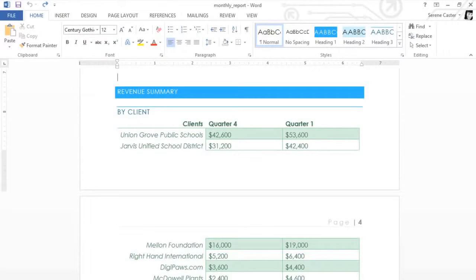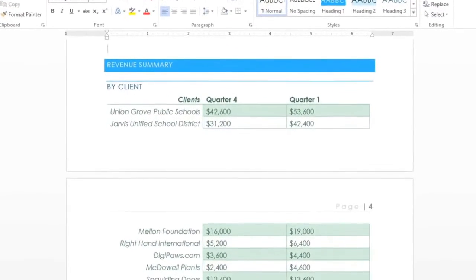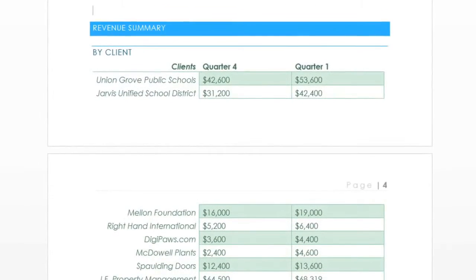When you're working on a multi-page document, sometimes you may want to have more control over exactly how the text flows, and breaks can be very helpful in those cases. This document is a corporate sales report, and toward the end is a revenue summary. Right now it's getting cut off between pages 3 and 4, and I'd really prefer to have it all on